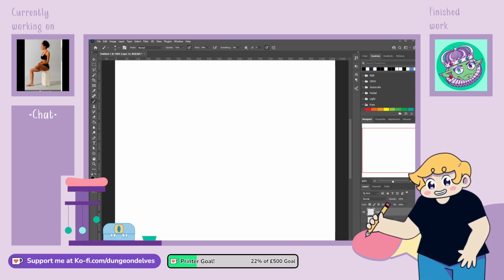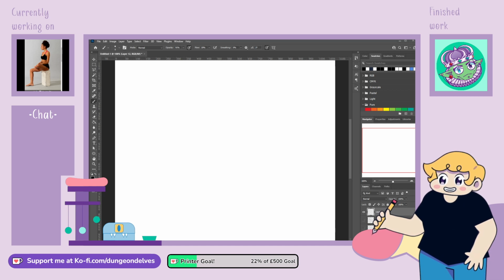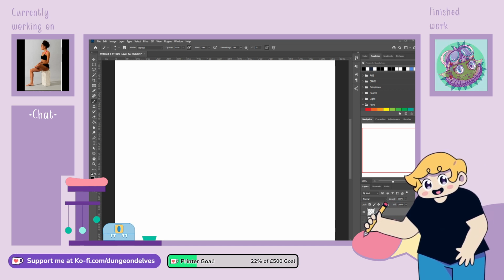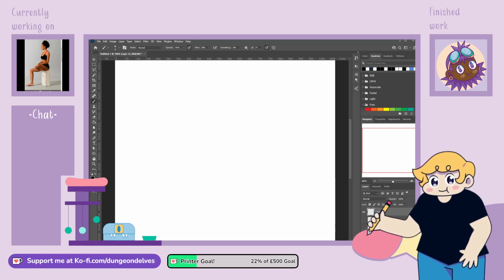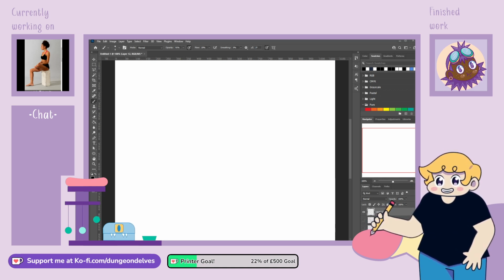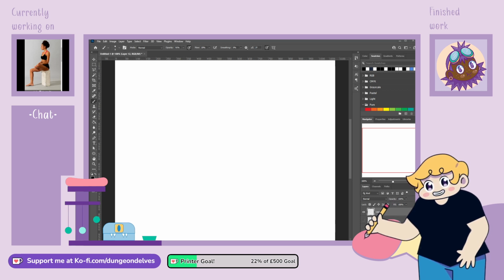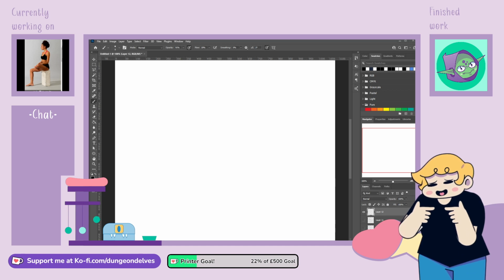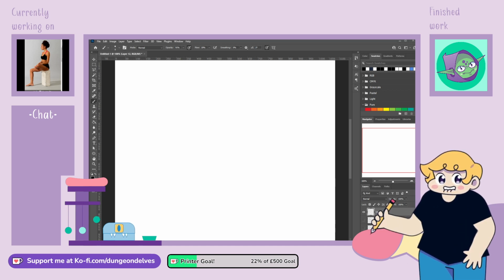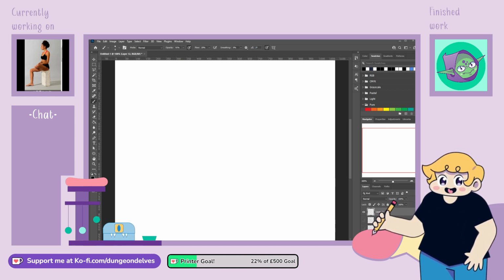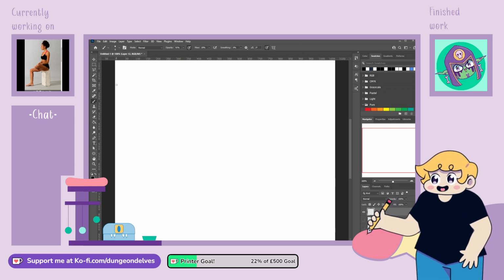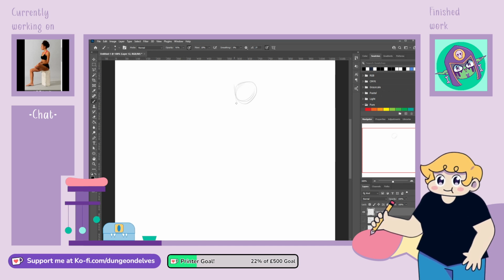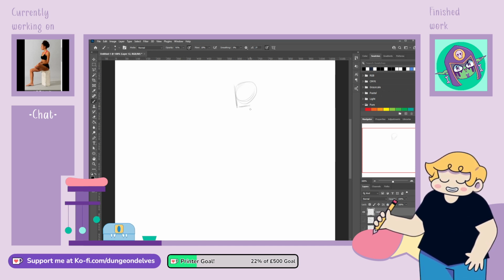But I think that's what I'm going to focus on. I might try and just get the top of her body in very loosely, so I can focus on those legs, because there's foreshortening, there's hands, and it's just legs, which is definitely my weak spot. So this just seems like a very good practice image for me. So let's press play. Let's get this one going. And cue me not knowing what I'm doing.